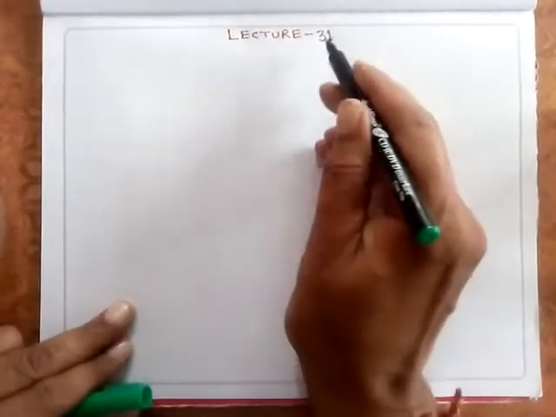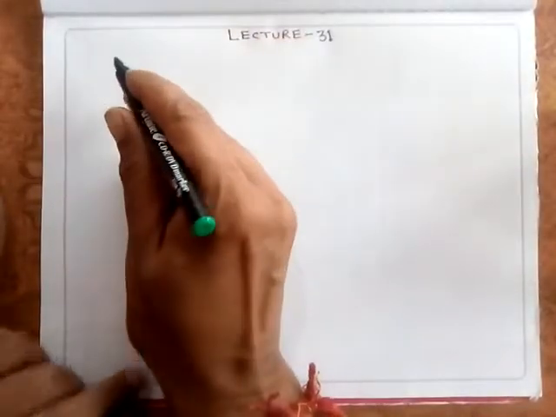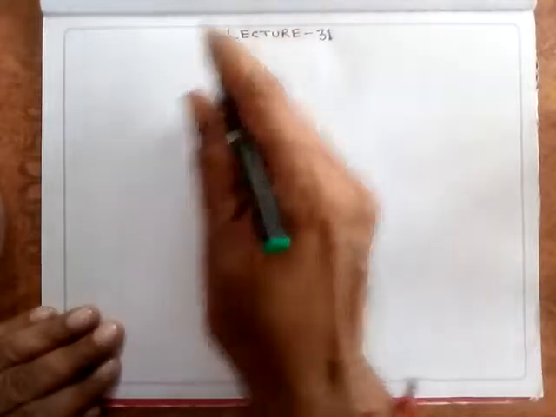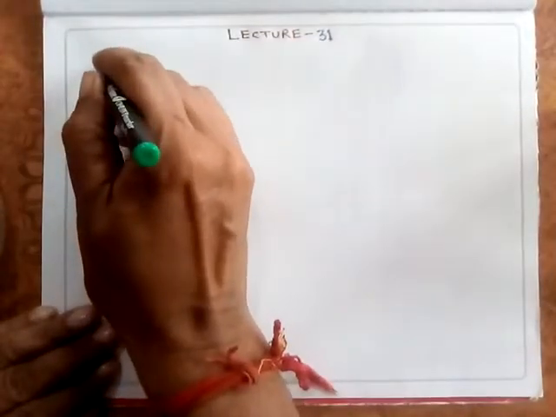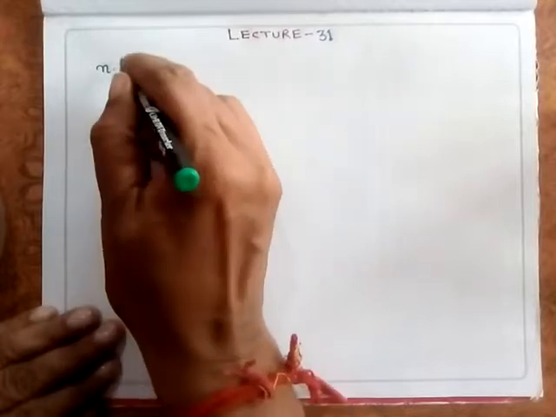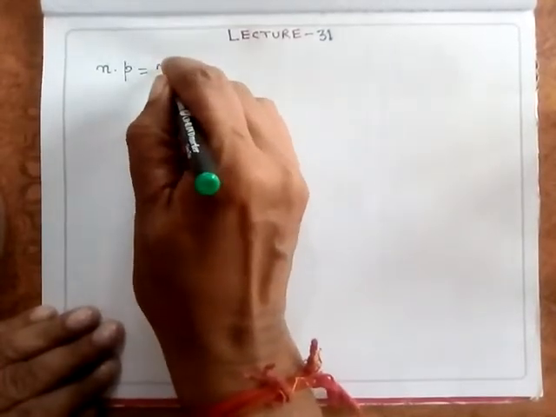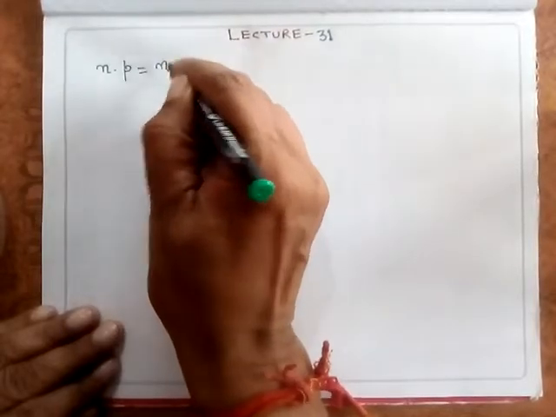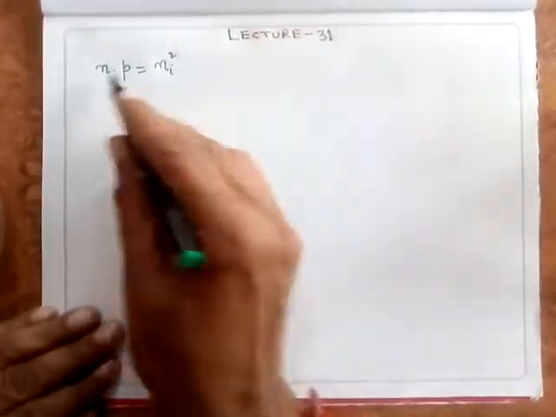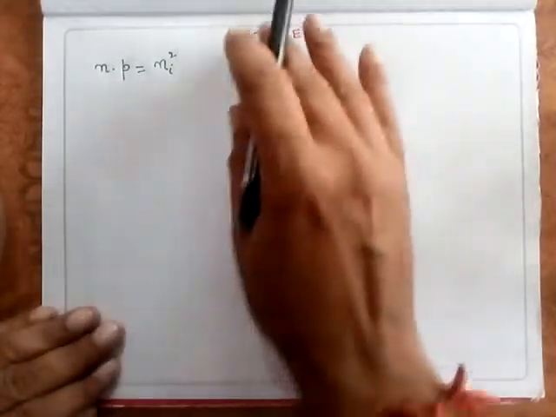So this is the 31st lecture and I'll deal with some numericals based on the topic that we discussed in the last lecture, that is the mass action law. We discussed that in mass action law the product of electron concentration and hole concentration is a constant and it is equal to Ni square. We studied this relation in the last lecture, and also we discussed the charge densities